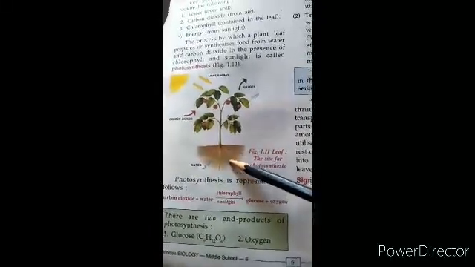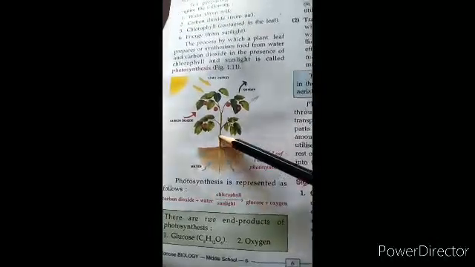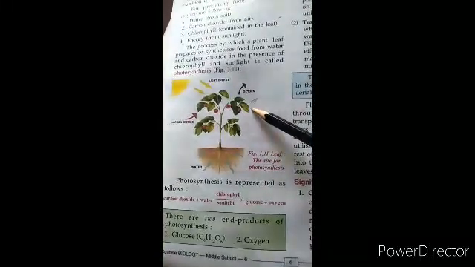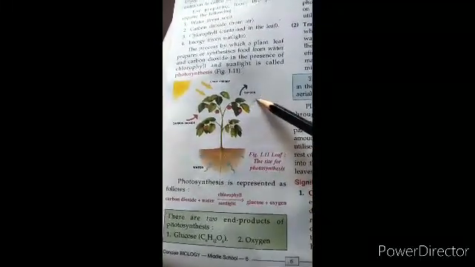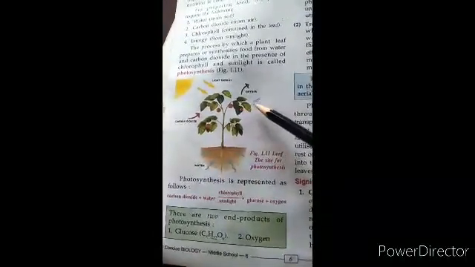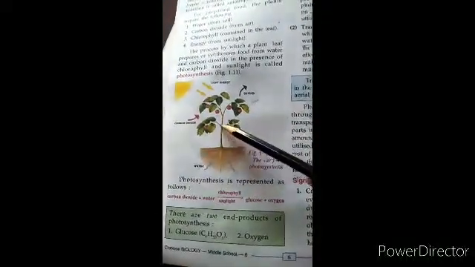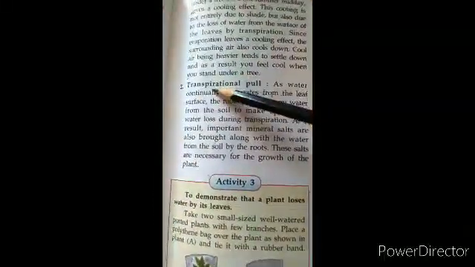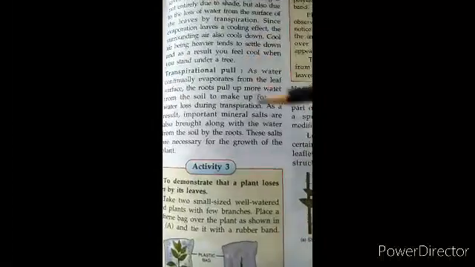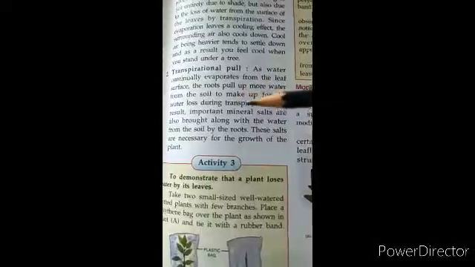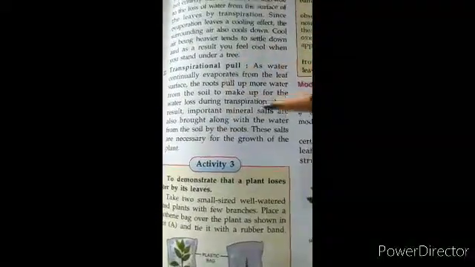So this continuous pulling of water from the roots to the stem, and from the stem to the branch, and from the branch to the leaf is continuously done, because from here there is a continuous loss of water going on as per the need of the tree. Clear? So this transpiration helps in the ascent of sap, also known as transpirational pull, that helps the plant to pull the water and the minerals from the root to the leaves. I hope till here it is clear.